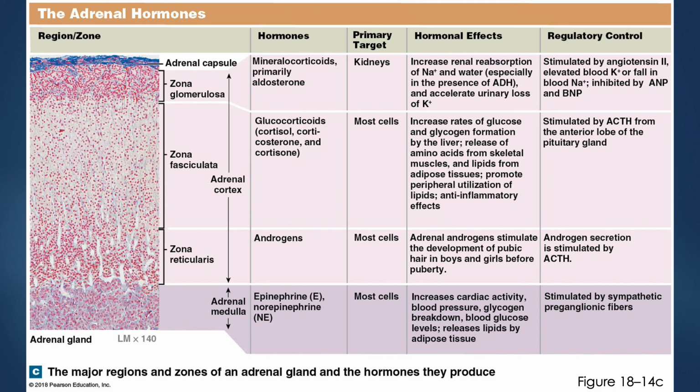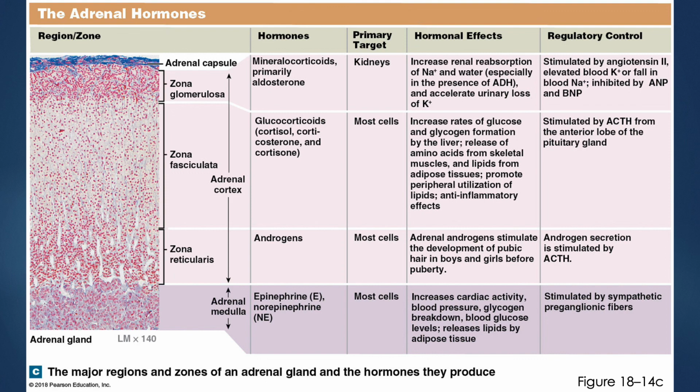Now, the zona fasciculata is the middle level of the adrenal cortex, and this produces glucocorticoids, specifically cortisol, cortisone, and corticosterone, everything that starts with cort, right? The targets of these are pretty much everything throughout our body. The effect of these hormones is that they increase the rate of glucose and glycogen formation by the liver, and release amino acids from our skeletal muscles as well as lipids from our adipose tissue. All these things help us to use up this energy, and it promotes the utilization of lipids and has anti-inflammatory effects. This is stimulated specifically by adrenocorticotropic hormone from the anterior lobe of the pituitary gland,